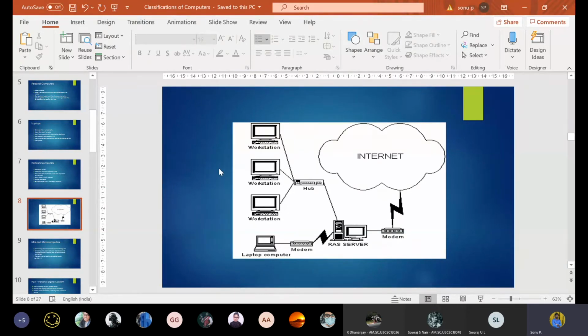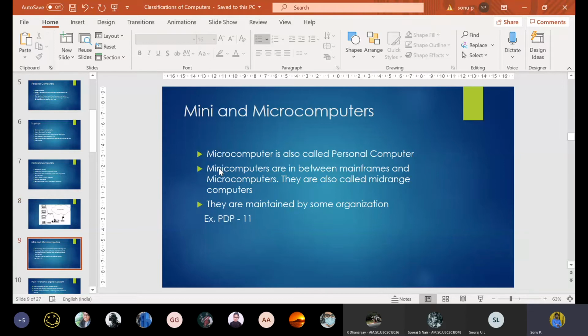Okay, then there are mini computers and microcomputers. We already know that microcomputers are personal computers, and mini computers are used in small institutions or industries for a specialized task. A very important example is that a mini computer can be used in a hospital. We'll have a lot of computers to monitor the health of a patient. It can be a digital computer or an analog computer. That can easily be in ICUs and all. We'll be using mini computers.